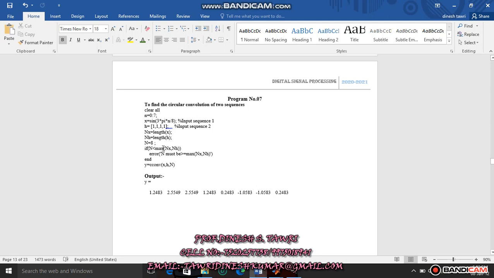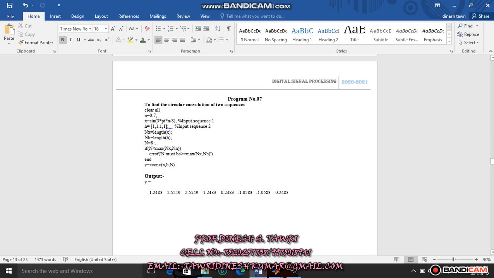Okay, now we will see the if condition. After that you have to write if N is less than the maximum samples between nx and nh, bracket complete. Here our bracket is a circular bracket.